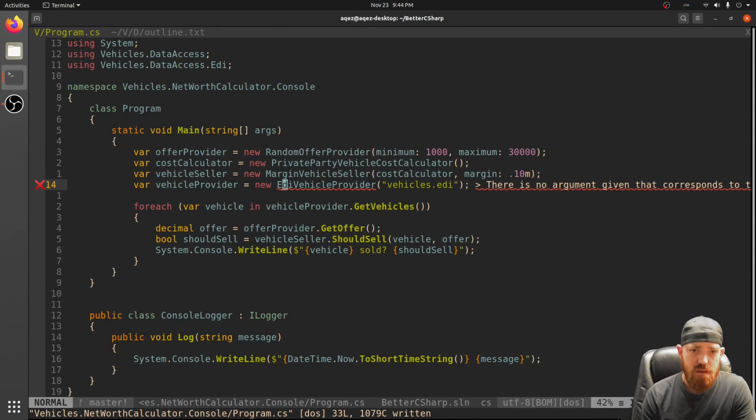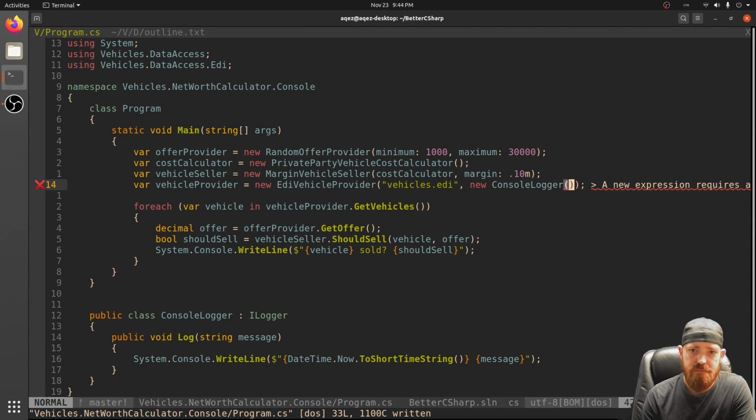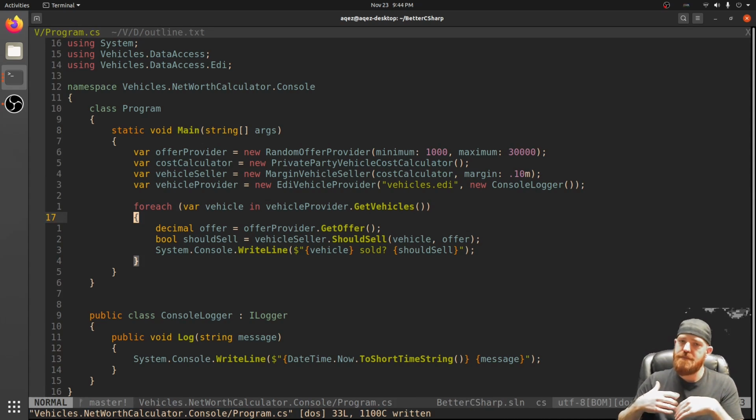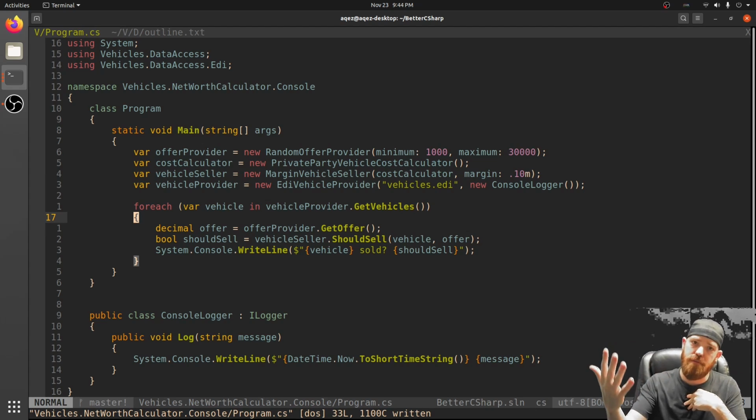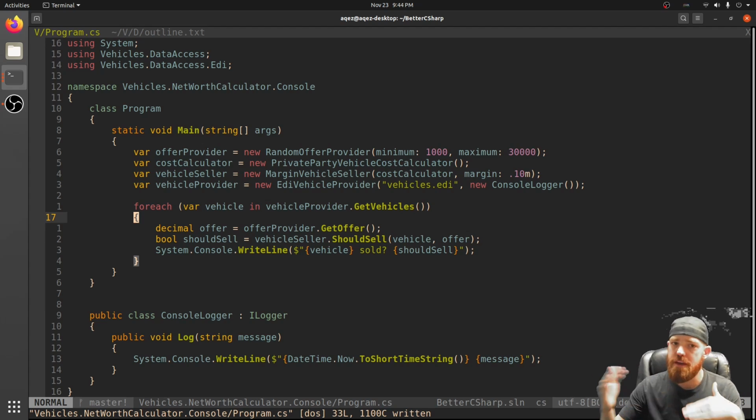And now in order to instantiate this, we have to actually provide this. So new ConsoleLogger, right? And now we've diverted this dependency from the low level as well. So the low level is depending on an abstraction that we're providing from a higher level. And that's how you can pick any of these arrows. Like program right now or EDI vehicle provider depends on an ILogger. And also